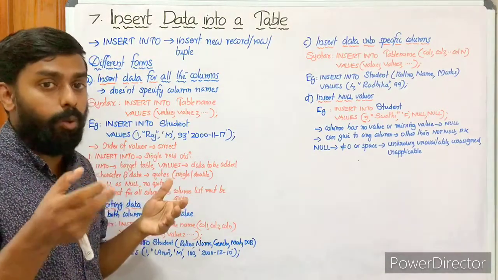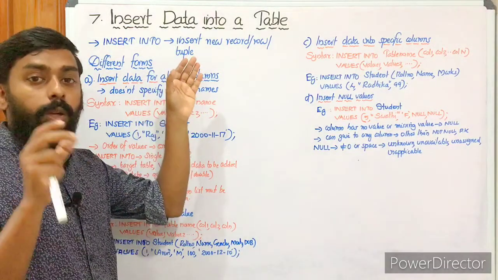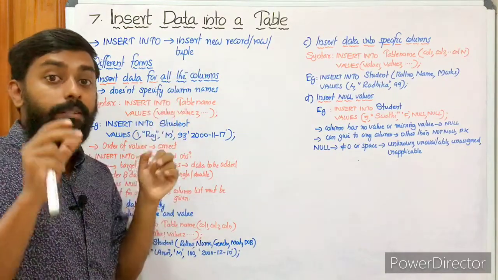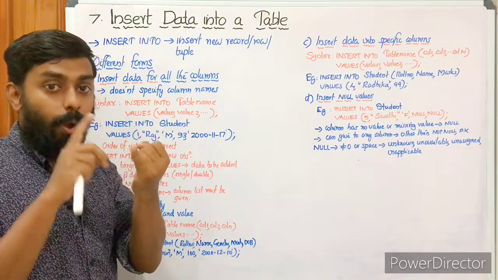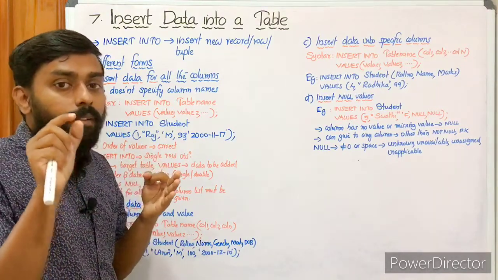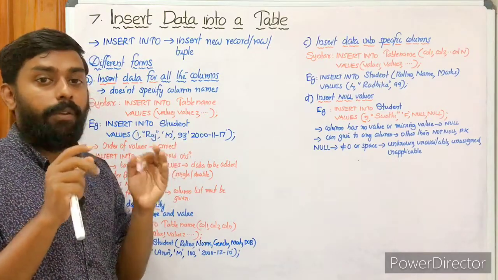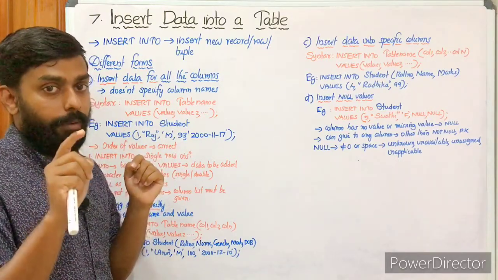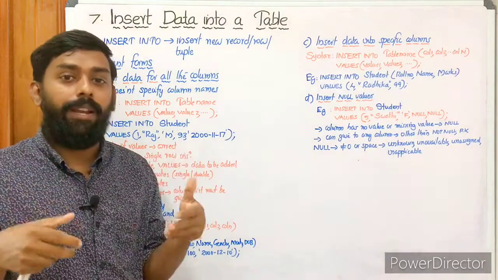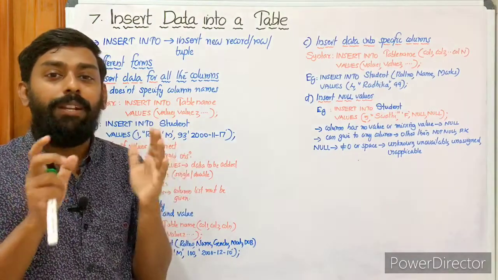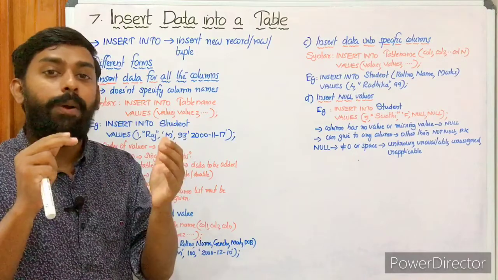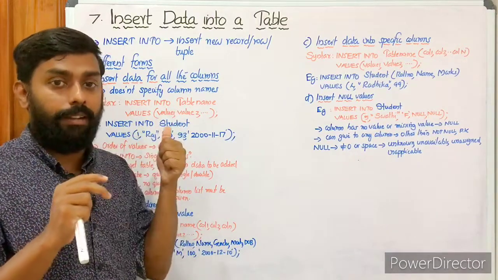So the first one is actually insert into table command. The command is insert into command. Okay, it's used to insert a new record, tuple or row, meaning insert into command is used to insert a single row or a single tuple, or we can say single record. Okay. Please note the term single, because using insert into command we can insert only one row at a time. Okay, yes, hope you get the logic, right? At the time of registering, at the time of signing up, we can do the details only for a single person, right? Meaning data of a single person can be managed using insert, right?